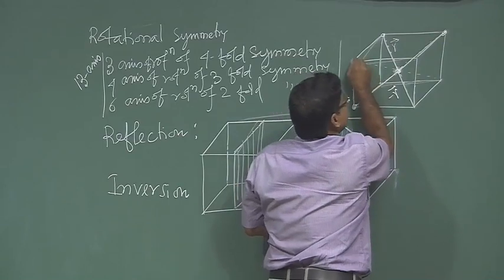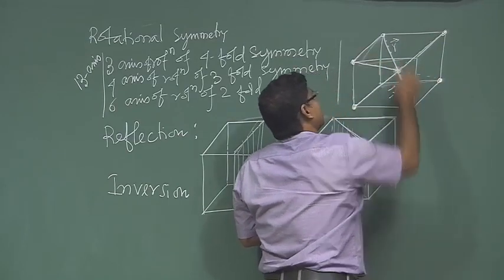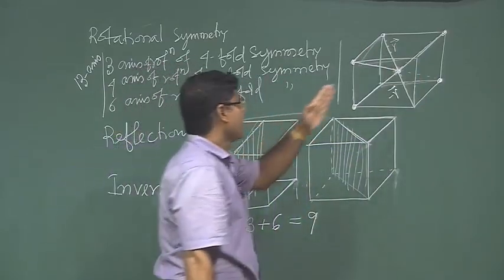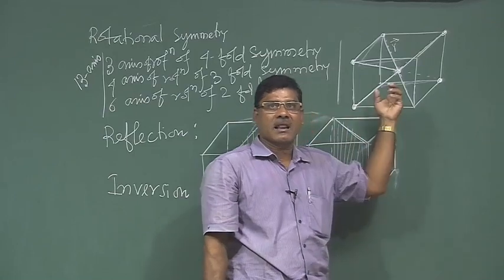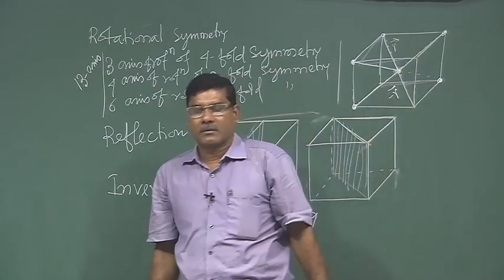Similarly, this point you can show it is exactly so. So, inversion symmetry is telling basically, if I say this crystal has inversion symmetry with respect to the body center,